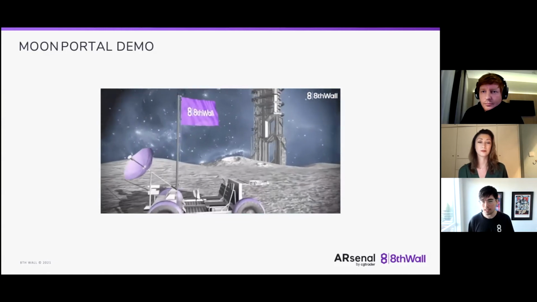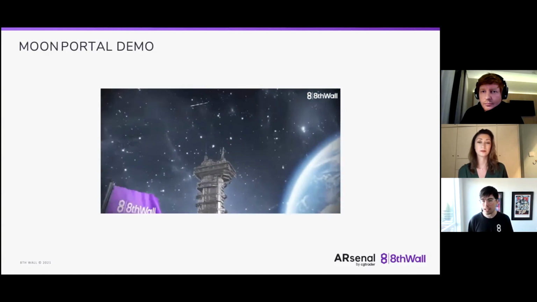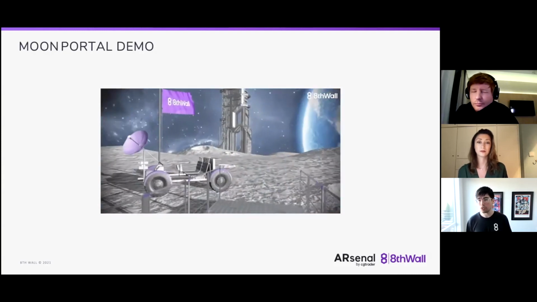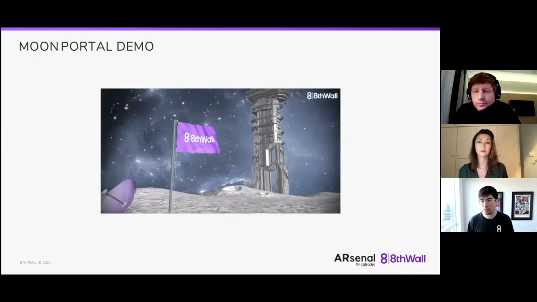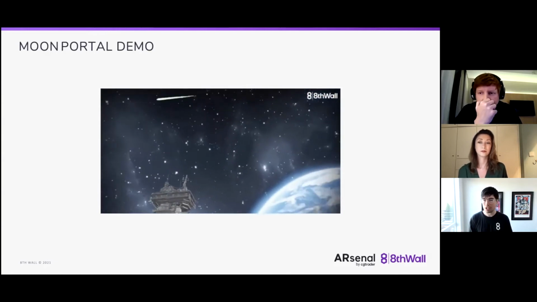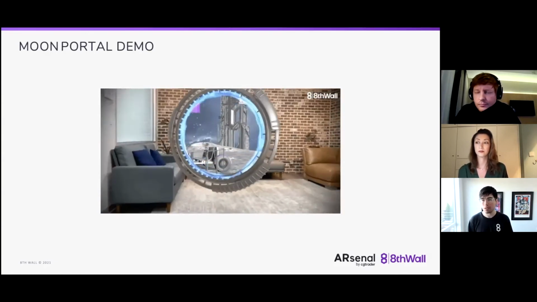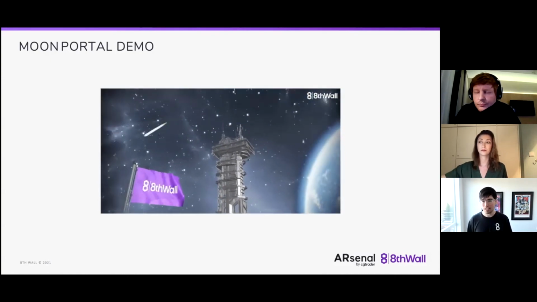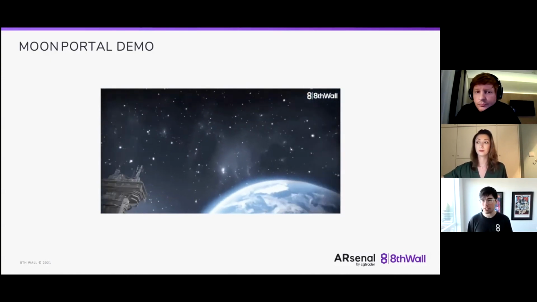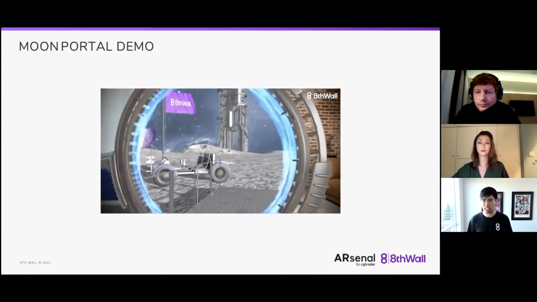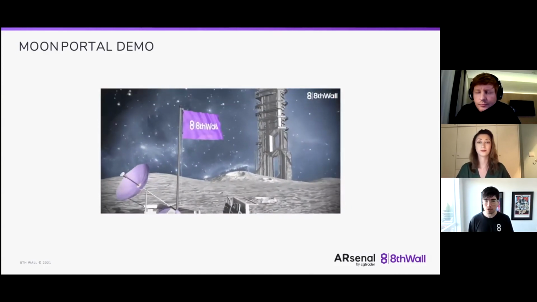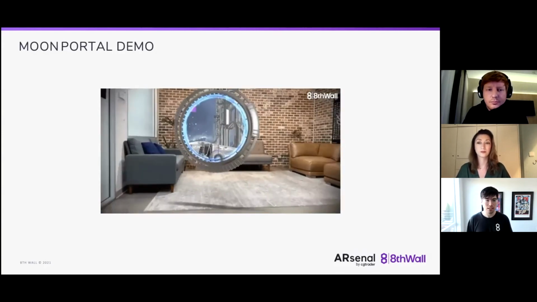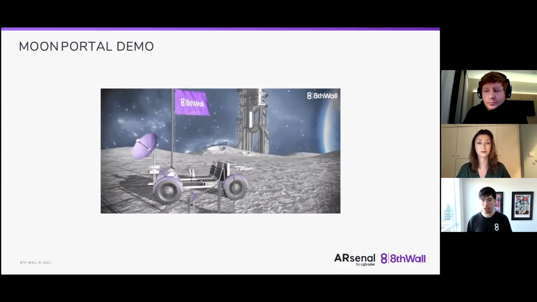We've seen customers do similar things, especially if they're doing something like holograms or videos, where it becomes really easy to just take a bit rate and change the quality that's coming in based off of the internet speed. So there are a lot of really advanced techniques that you can employ, but there are also simple ones, like a lot of the ones that Pavel mentioned, that you just want to keep an eye out for when you're developing. And the last thing I want to mention about this is, while developing this experience, we